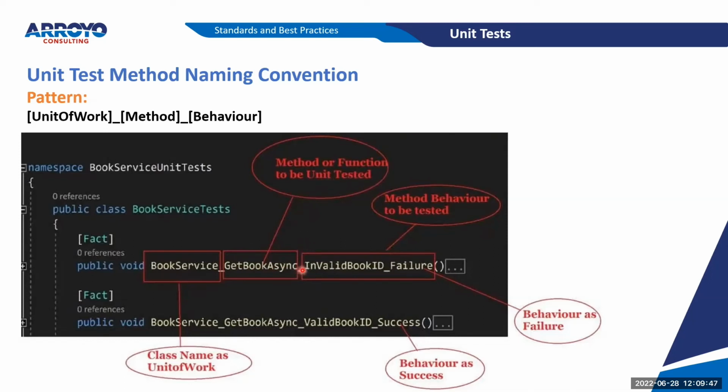Adding another underscore. The next is the specific behavior. For example, this is for invalid book ID, or you can put something with null ID, or something with a nullable value, something like that. And at the end, so the idea is you can add